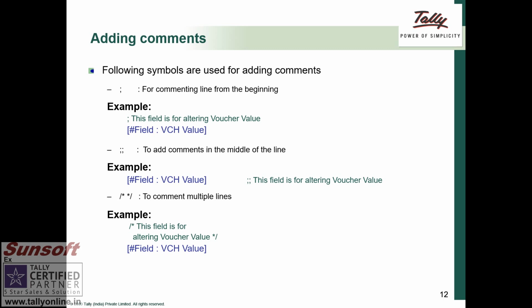Now, to add a comment, a semicolon is used. For a single line comment, anywhere you can write a semicolon and the comment will start from there, at the end of the line or at the beginning of the line. For a multi-line comment, it is slash and star, as in C language. If anyone is familiar with C language, it is the same. In many other languages also, this multi-line symbol is used.